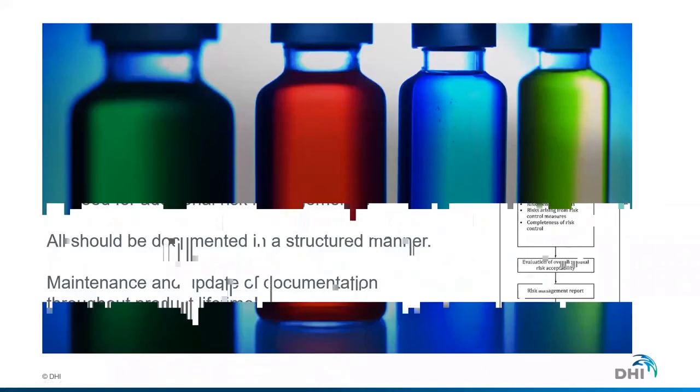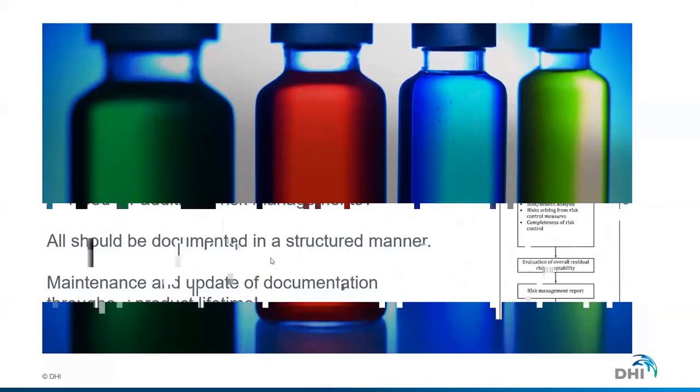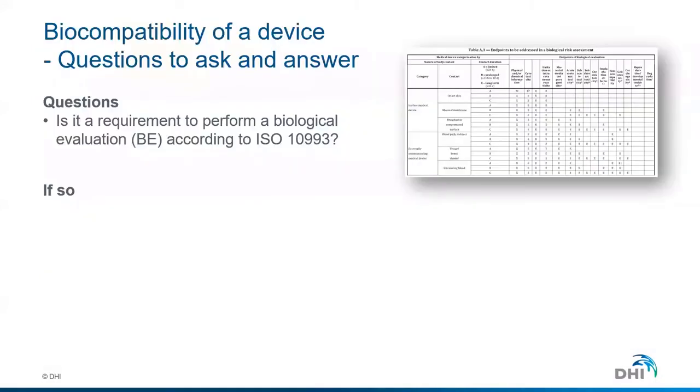So here comes the case to exemplify how you can make a testing strategy for a drug delivery device. The question you need to ask yourself when you look at your drug delivery device is: is it actually required to perform a biological evaluation according to ISO 10993 Part 1? The basic part is: is it a medical device? Is it in contact with the body, either directly or indirectly? If you answer yes to these questions, then you need to consider which parts of the device are in scope